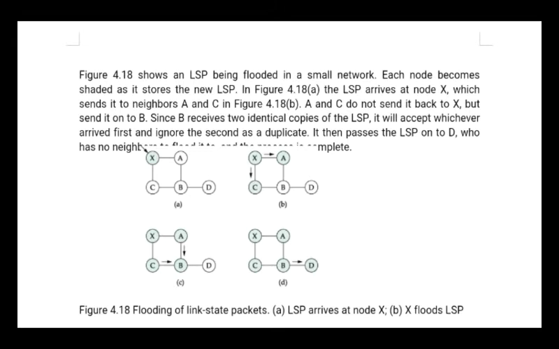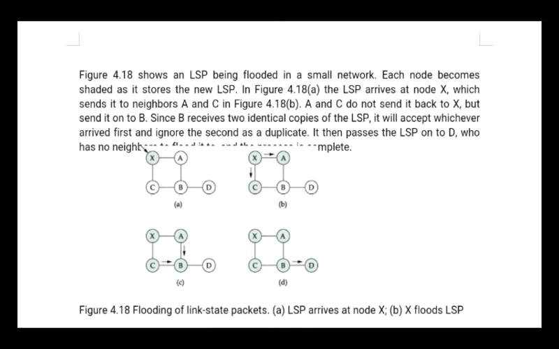If the sequence number of the newly received LSP packet is larger than that of the earlier packet, that is, the earlier one has a lesser sequence number and the new packet's sequence number is higher, it is going to accept it and update its routing table. Now X is going to create its new packet, that is, a link state packet. It is going to be transmitted on all the outgoing lines except the one from which it has received the packet. That is, it will not send the packet once again from X to Y. So X will send to A and C.